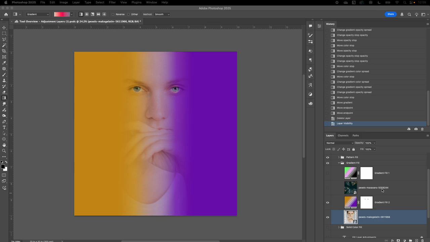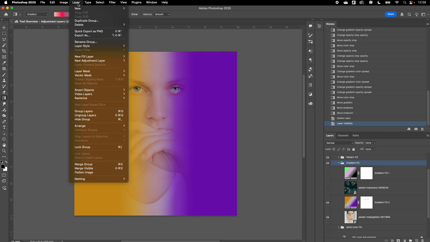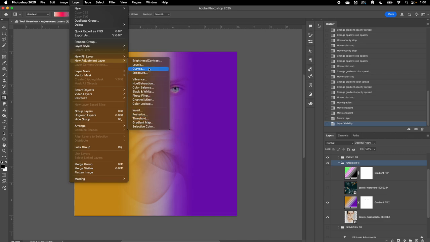Okay, our next adjustment to discuss is gradient. Now, this is one where when you click on your adjustment layer, create new fill or adjustment layers, you're going to see all the different adjustment layers that we've been talking about here, including these, which are really called fill layers, the top three. You could also access these by going up to Layer and then down to New Adjustment Layer from within the application bar, and you're going to see them all listed here, with the exception of